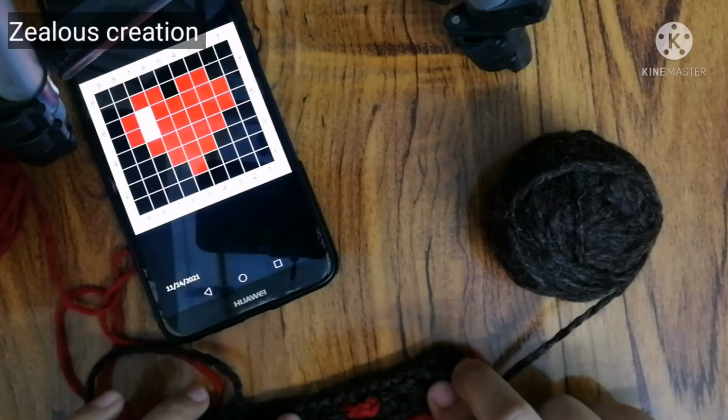Okay, we are going to take it like this. It will be looking like this. It's the front part, it's the back part of the work. So we are going to make double crochet on this, double crochet like this, chain 1, double crochet on this, double crochet, chain 1. So here one more double crochet on double crochet